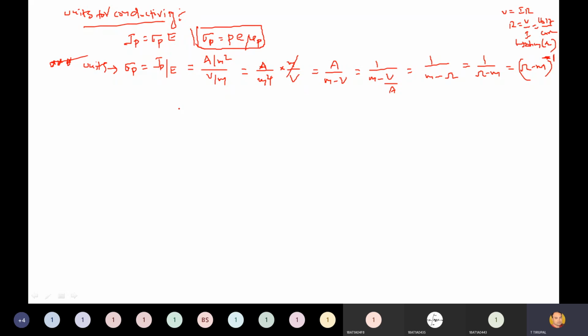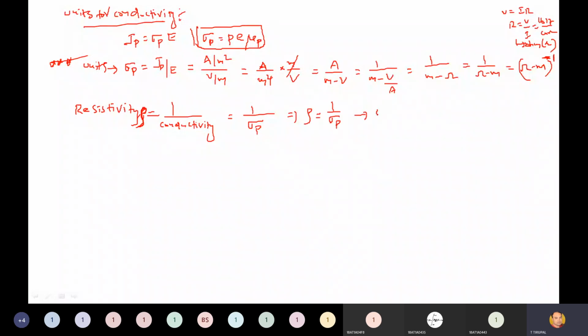And sigma P is conductivity, given by sigma P is equal to PE into mu P. Now, another term exists that is called resistivity. Resistivity is equal to 1 by conductivity, that is 1 by sigma P. Resistivity is always given by this symbol rho. You should bend it like this, rho, not a straight one.